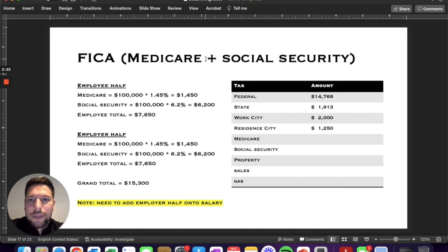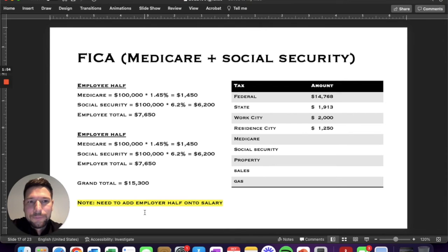And then for the FICA taxes, the employee half here is going to be $100,000 times the 1.45%. Social Security will be $100,000 times 6.2%. For the employee total to be about $7,600. Then the employer is going to pay the other half of that. There's an important note to make here, and you'll see this in the final calculations, is your total compensation isn't actually $100,000. It's